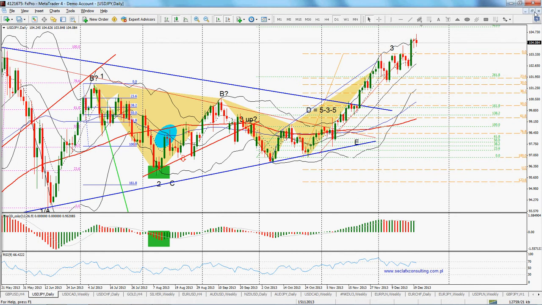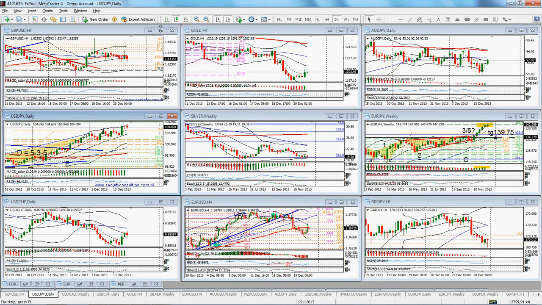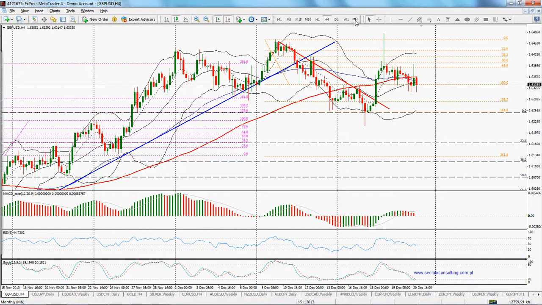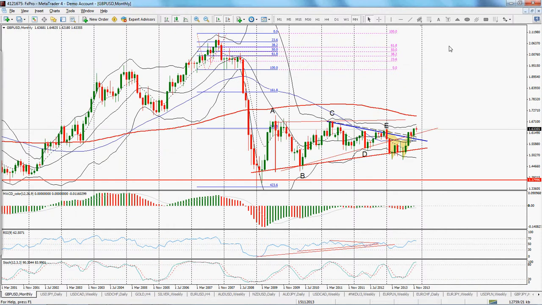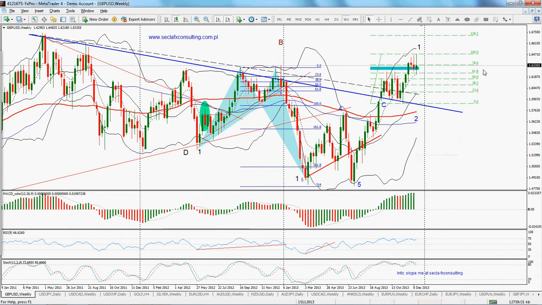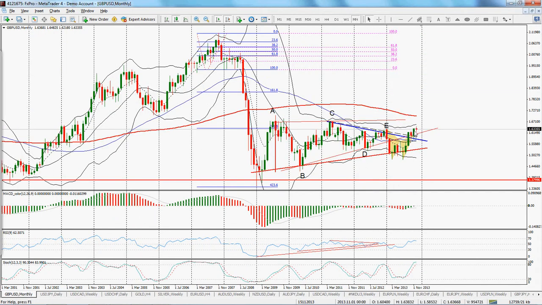Good. So now Great Britain pound USD monthly. At the moment this will be a kind of a correction candle in my opinion. This is not finished yet, especially I've got a 1, 2, 3, 4 and 5, and this is a 1, and then we'll have a correction, and this correction most probably will try to test either this support line or this candle. So I'm expecting a correction here,